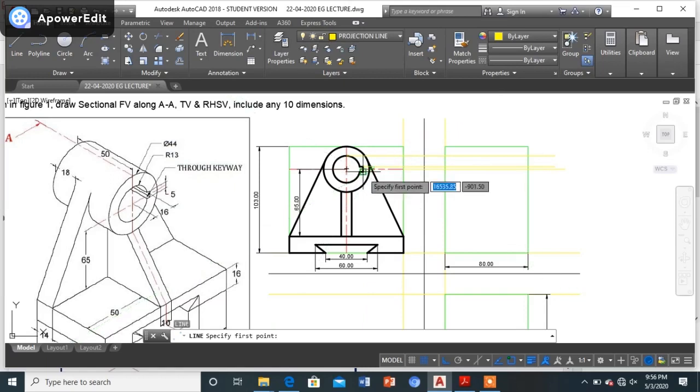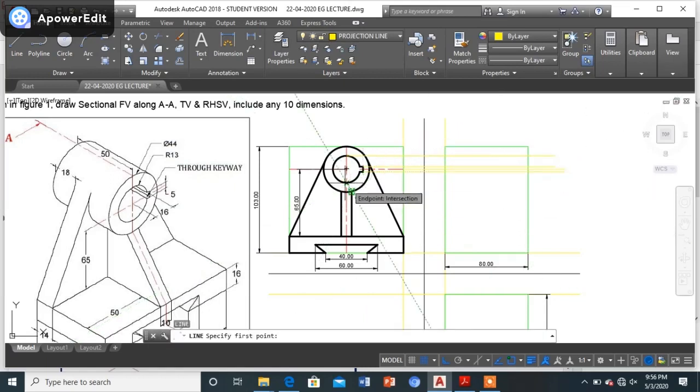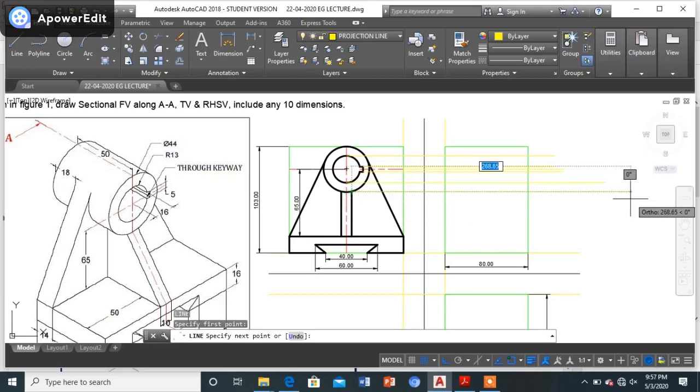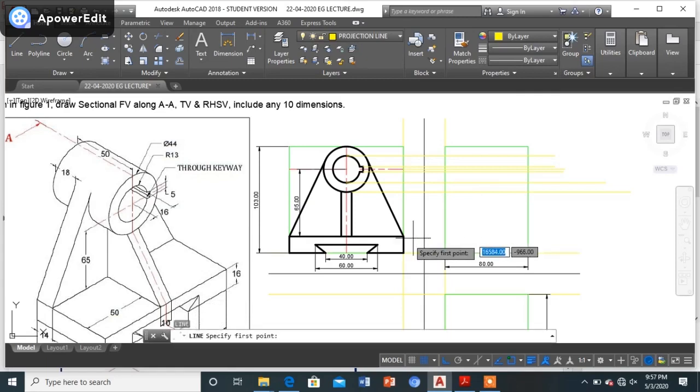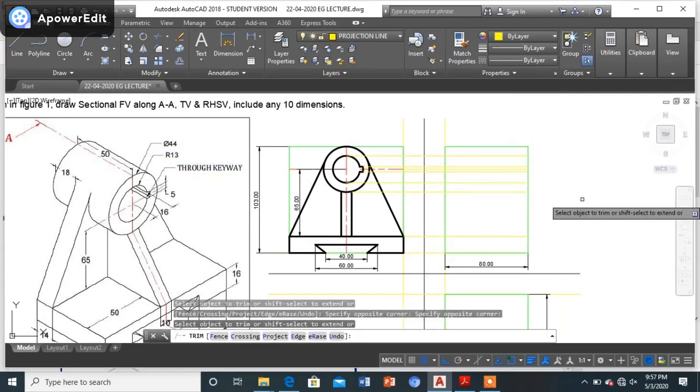It's a small slot over here, but it is required, it's of prime importance. Every dimension is of prime importance for us, as we can all see. So here it is. One by one we are taking all the dimensions. All the projections are being taken for the front view now.